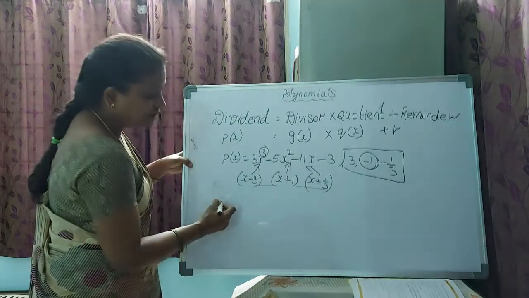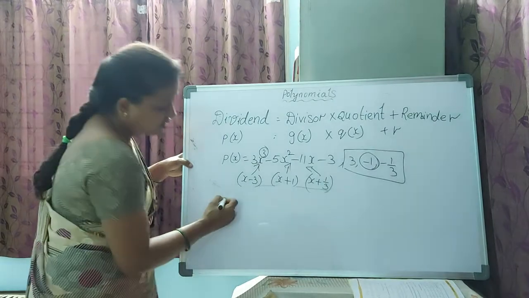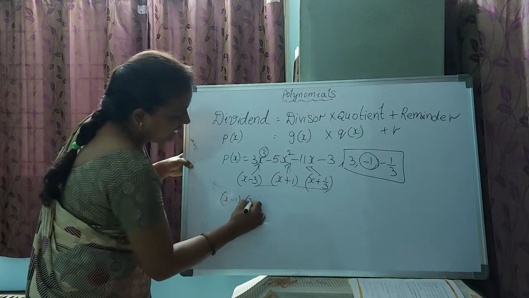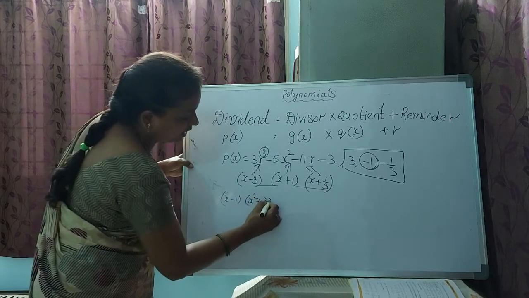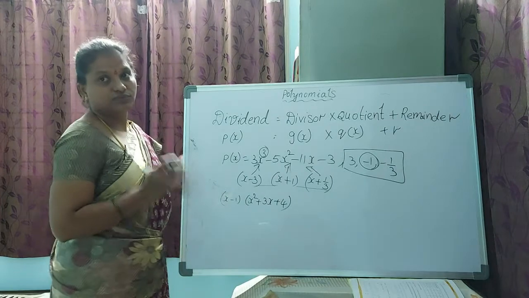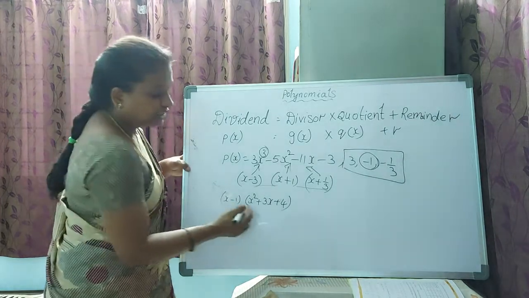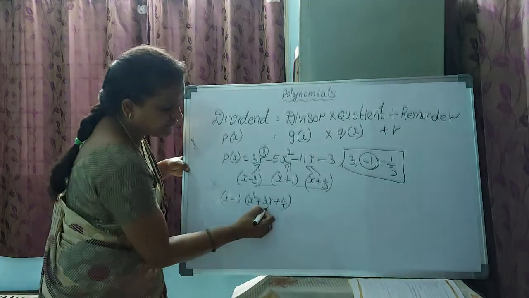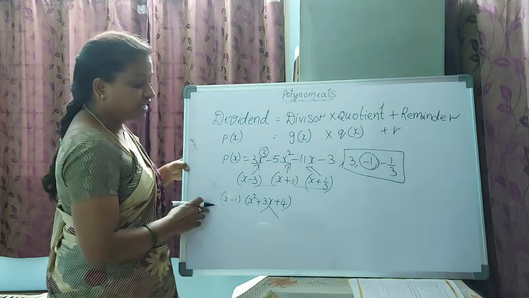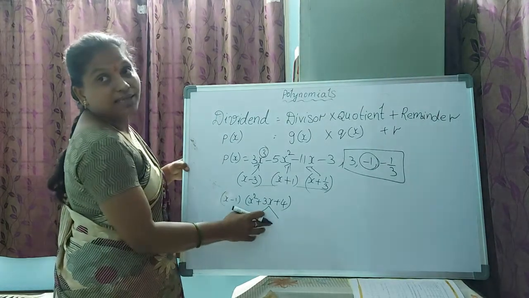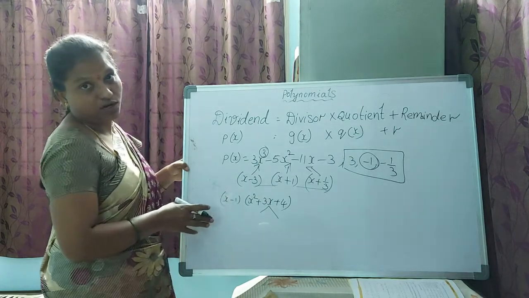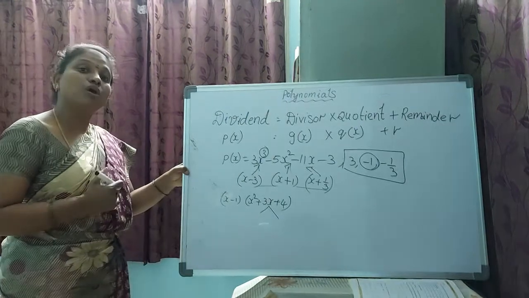See, in some cases for a cubical polynomial, for example, x minus 1 is a factor and x square plus 3x plus 4 is also a factor of one particular cubical polynomial. So this one we can split and we can find factors now. In this way, we can find a maximum of three zeros of any particular cubical polynomial. Maybe 3 or 2 or 1.